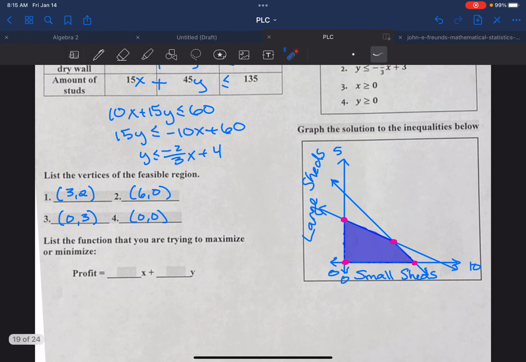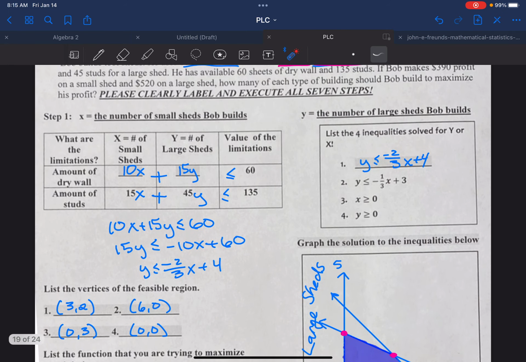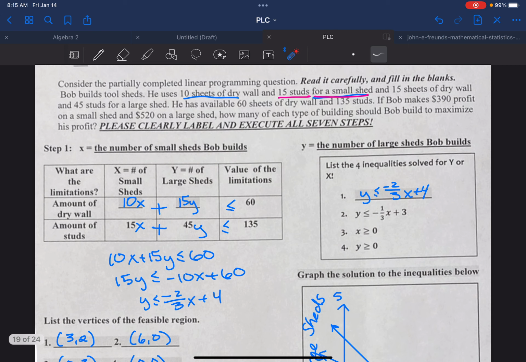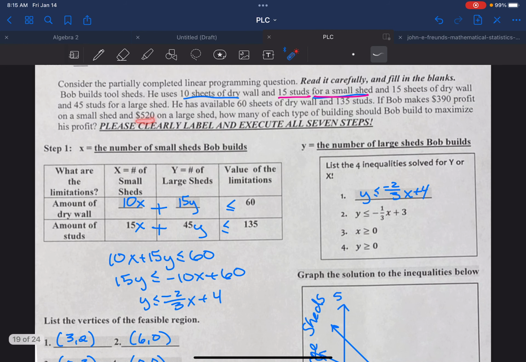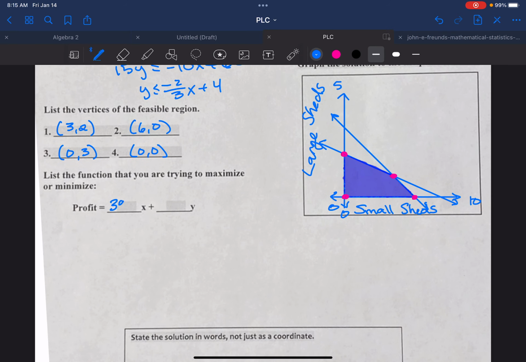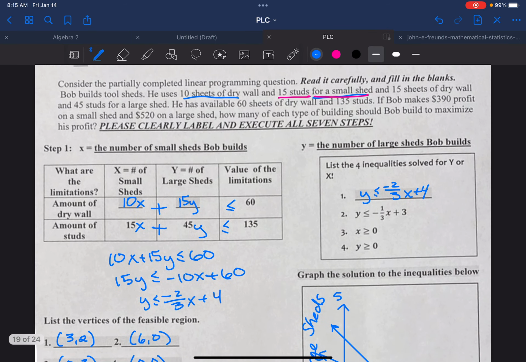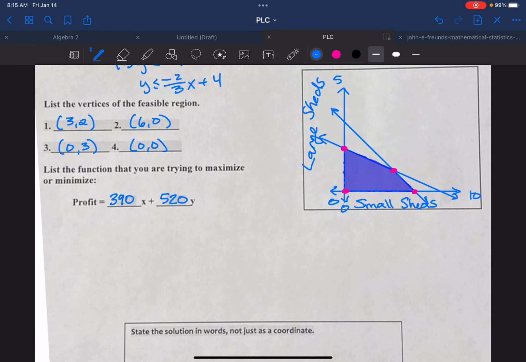So next up, we're looking at profit. So when we have this profit here, we want to come up and look for where profit shows up in this prompt. We see profit and 520, 390. So 390 on a small shed, so 390x and 520. Yep, 520. See, it's fine for you to go back and reread the prompt a few times, even throughout doing the process. And then here you should have some sort of table,